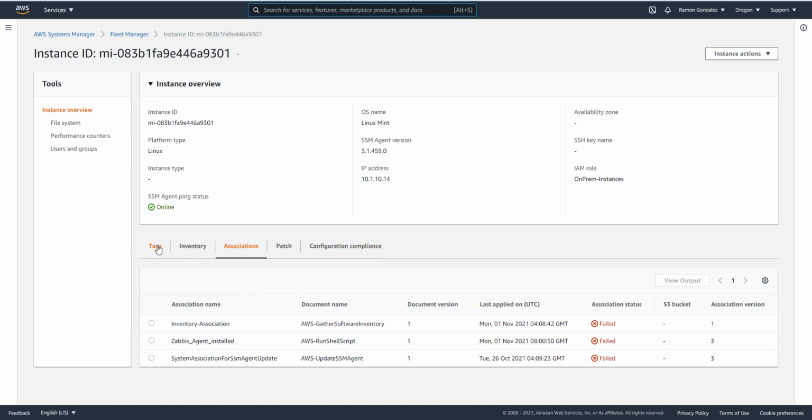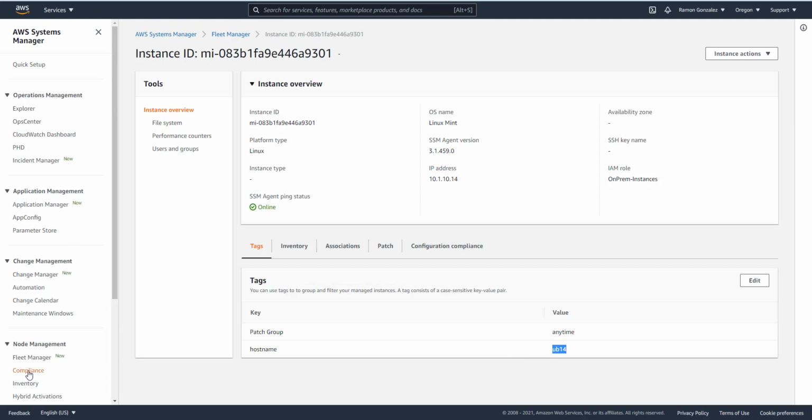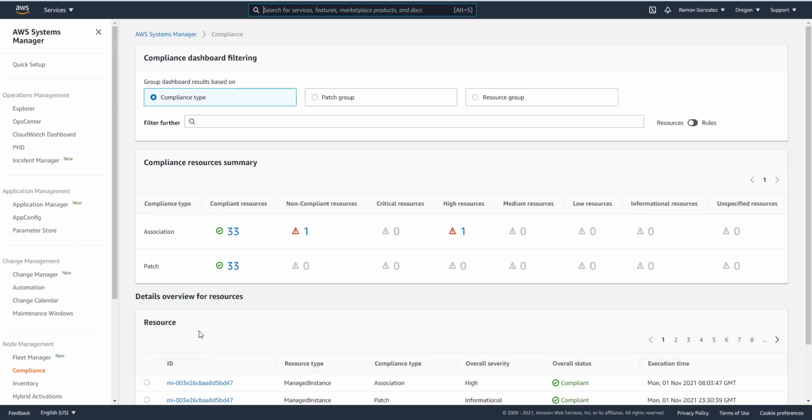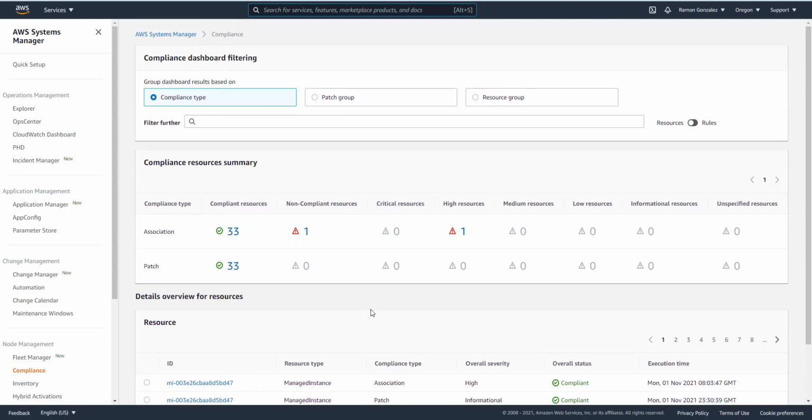And when you do so, you'll see the tags. It's that UB14 is that Linux Mint system. So that's your compliance tab. It just shows you your items that are patched. I'm sure you can do more interesting things here. I just don't. In the Fleet Manager,